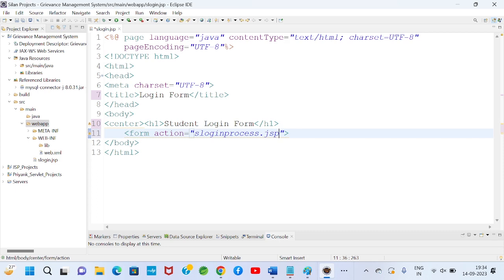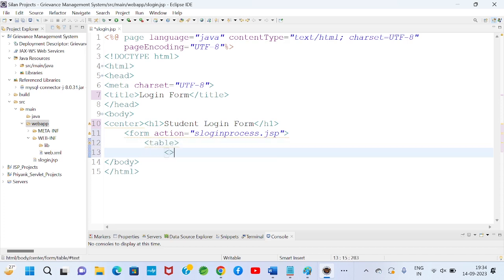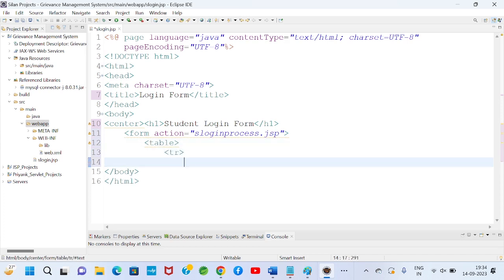The s login process.jsp file is a process file, or we can say the business logic file for s login.jsp. Now I will create this form by using a table tag, table, then tr for the first row, then